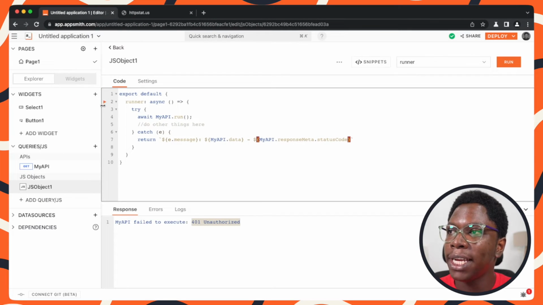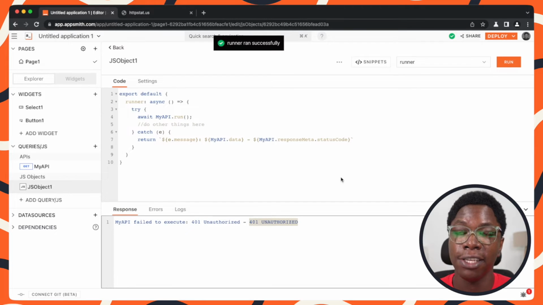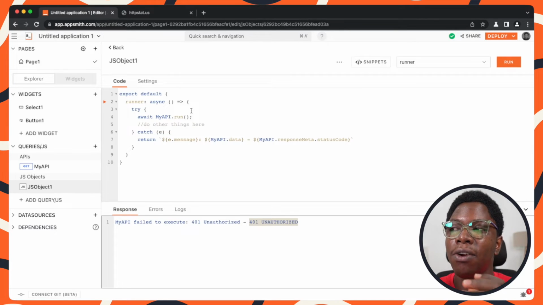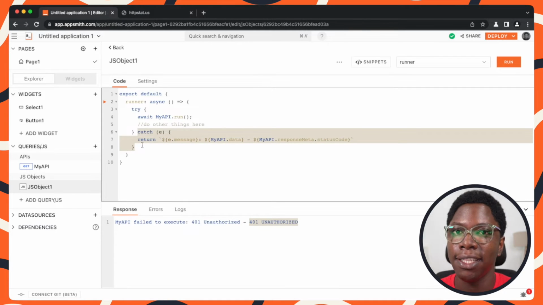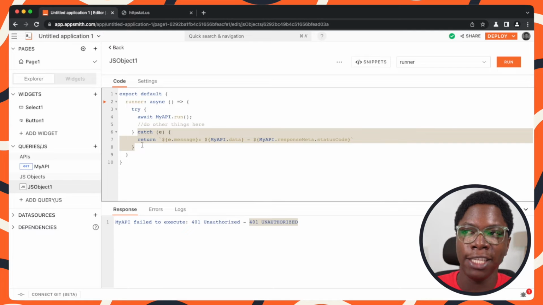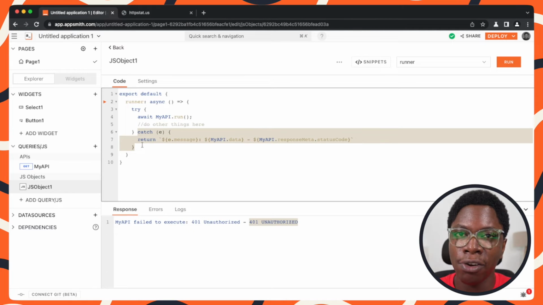All right, so I can go ahead and run this, and here we can see the actual status code from running the API. So this is actually really straightforward. We've been able to intercept running the API by executing it in JavaScript, and here we are catching the error and handling it. But one great addition we can make right here is to display this information to the user on the UI,